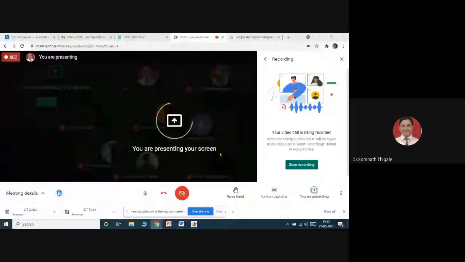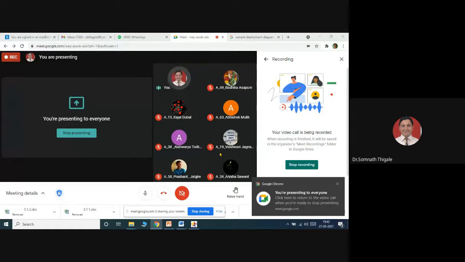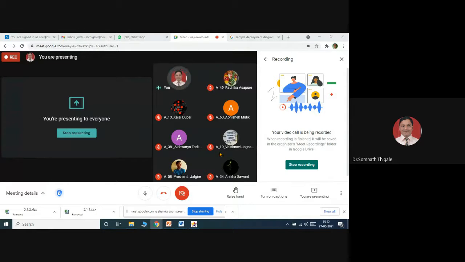With respect to the different elements, how are we able to complete our deployment diagram part? Here we need to focus mostly on the different hardware, different components, and the deployment scenario we will discuss. So let us see the basic idea.